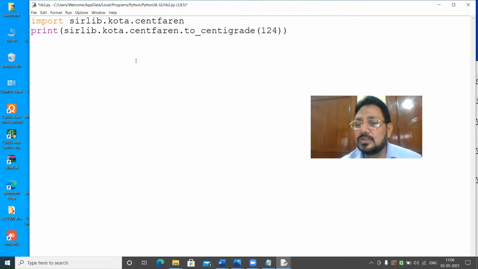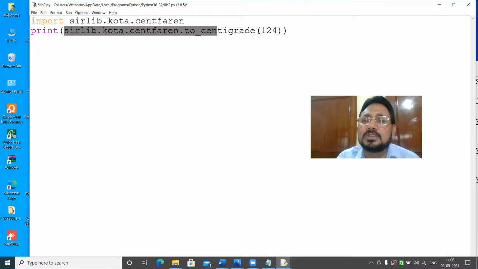Math.sqrt. So you get the square root of the number. That time you need not go where math is stored and where the sqrt function is stored. Only the basic grammar is defined in the book. So when you learn the to centigrade function in a book, the book will say to execute the centigrade function, you have to use this complete concept, and you will get the centigrade value.